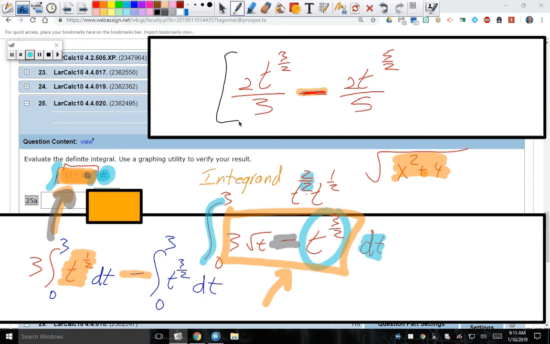And we're going to evaluate this. I'm not done yet. I have to write something that I forgot. Who can tell me what I forgot to write? The 3, right? The 3. Good mistake. There's no plus c. That's a really good mistake. There's no plus c because it's not indefinite. Indefinite means no bounds. This one is bounded between 0 and 3. So there's no extra plus c. You see that I multiplied with 3. I can just cancel these two, can't I? Okay, so let's go ahead and cancel this out and simplify this just to say 2t to the 3 halves minus